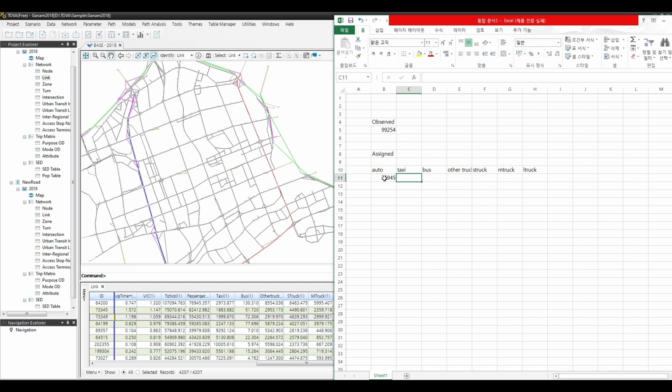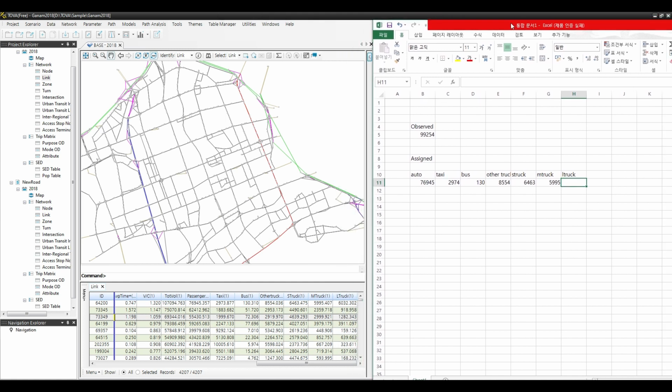Passenger cars 76,945, taxis 2,974, buses 130, other trucks 8,554, small trucks 6,463, medium trucks 5,995, and large trucks 6,032. The total assigned volume is